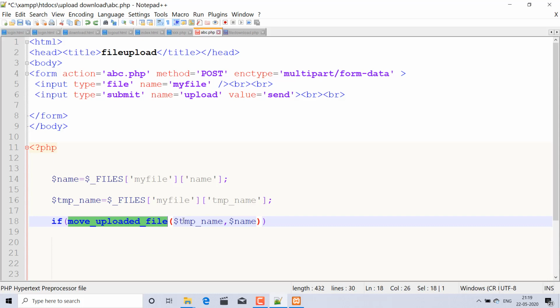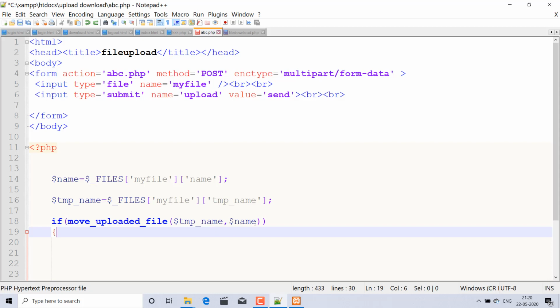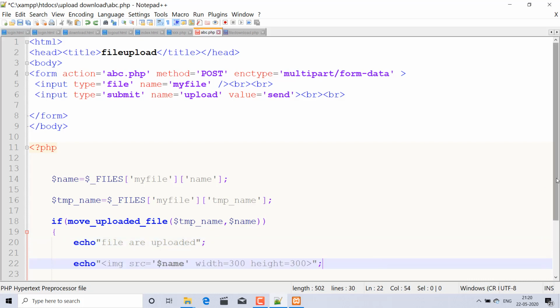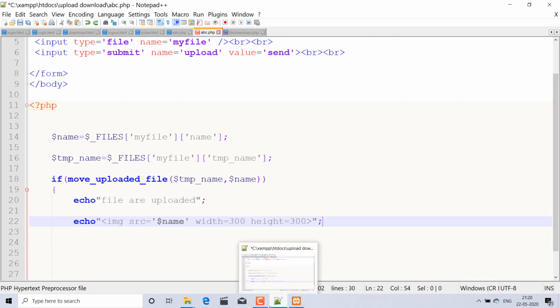And what will I upload? The first parameter will hold the 2D array for my file, and the other is also my file and name. Okay, both local parameters I have passed in it. Now you will find the start of the body of the if, and inside it echo file uploaded, and then the echo will show the image. I have made the image source. You can also give an anchor and so on, whatever you want to display.